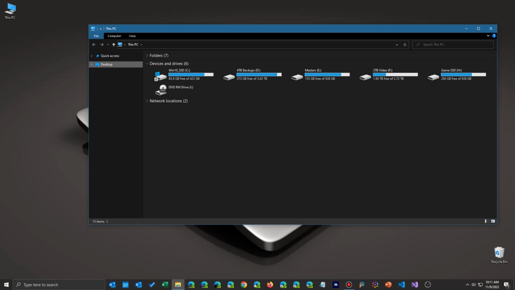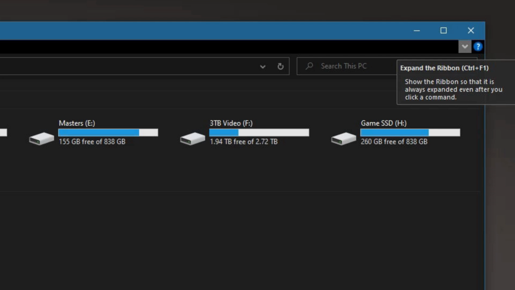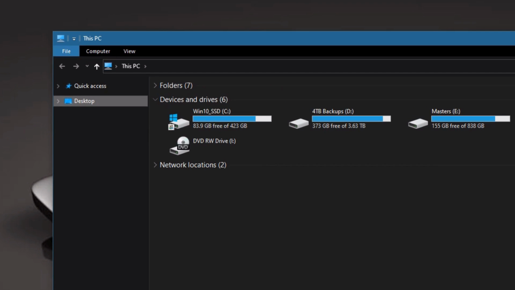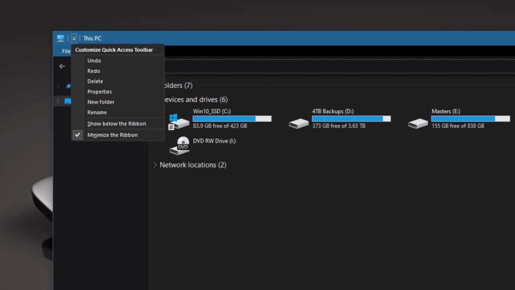You just go to the upper right-hand corner, click on the little down arrow, and you can either collapse or expand it, depending upon what condition it's in. But what if I like some of these functions available to me? Not all of them, but some of them. Well, there's a solution. You just go up here to the top left corner and you'll see a small drop-down